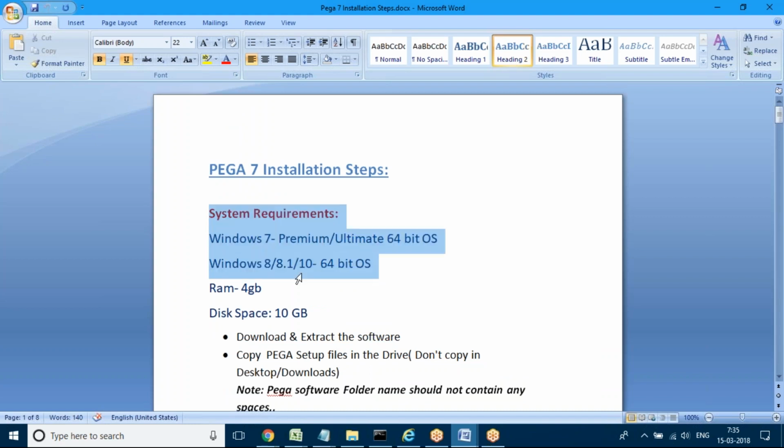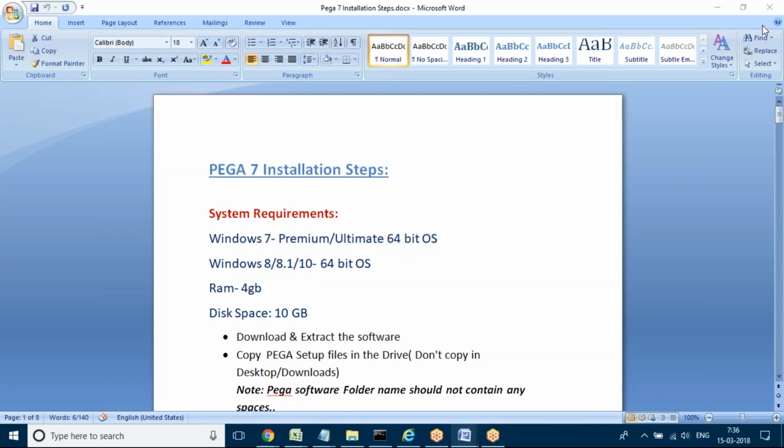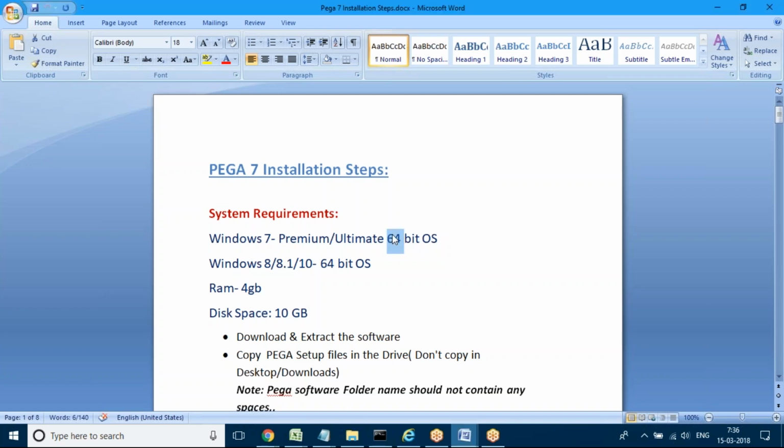Before starting the installation, you must know what system requirements it supports. It supports any Windows platform, but if you're using Windows 7, make sure it is a 64-bit OS, because 32-bit will not be supported. Windows 8 or 10 come with 64-bit by default, so no need to worry.